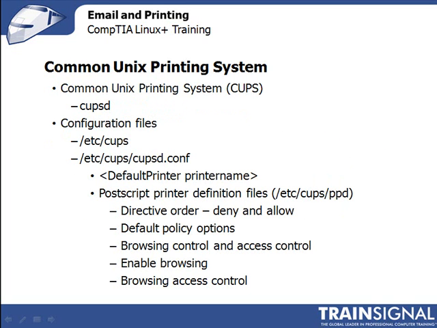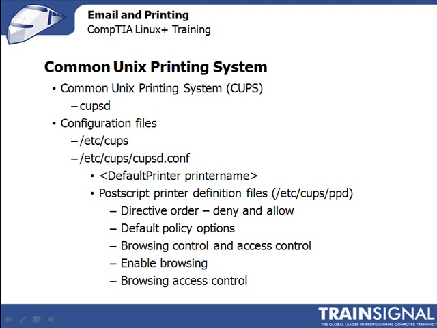The most common Linux printing system is Common Unix Printing System, better known as cups. The cups daemon runs in the background and controls the availability of print queues so that your user's client machines know which printing options exist at any time. Cups configuration files are stored in /etc/cups. Now you can add or delete printers using the web-based utility that we'll cover in a moment, or by directly editing the